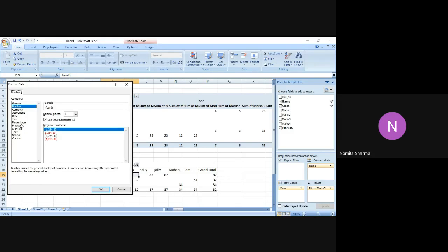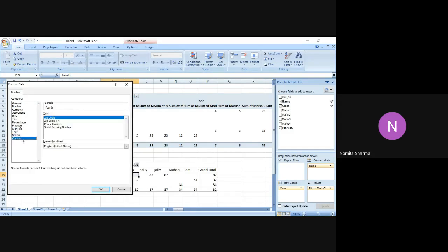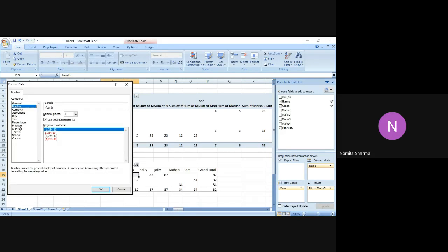You can have scientific, text, special, or custom. You can use any format depending on the option. Since we haven't used the date and time option, that will not work right now. But certainly when we have those fields, we can use these format changing options also, right?